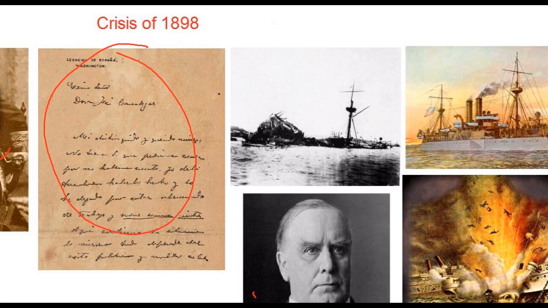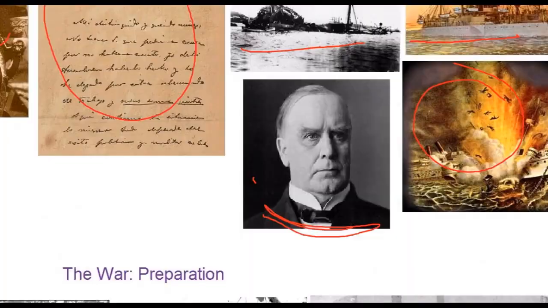And then just a few days later, another incident really seals the fate of the relationship between the United States and Spain. The battleship Maine, this beautiful battleship that the United States had just completed, is destroyed in a violent explosion in Havana Harbor on February 15th. The U.S. suspected Spanish sabotage, or they suspected an attack of some sort. And they put a huge amount of pressure on McKinley and on Congress to respond to this attack. And McKinley is forced to go to Congress in April of 1898 and ask for a declaration of war between the United States and Spain.